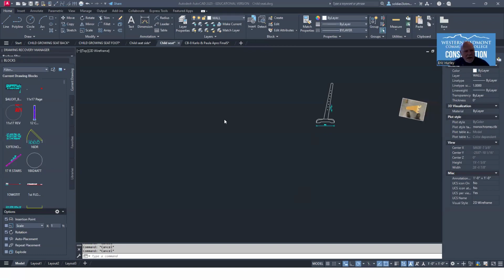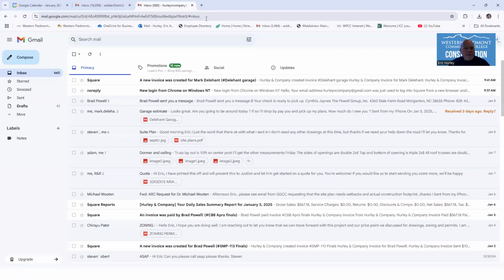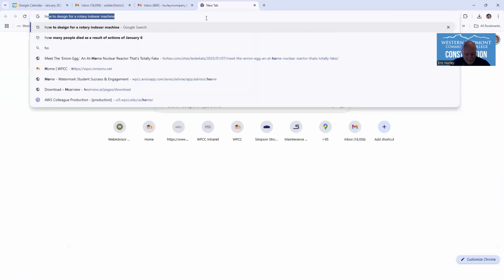Hey, in this segment, I'm going to try to explain how you can integrate a picture into CAD, either to have it part of CAD or so that you can sketch over it. So let's go get us a little plan here. I'm going to show you. I'm just going to type in house plan,